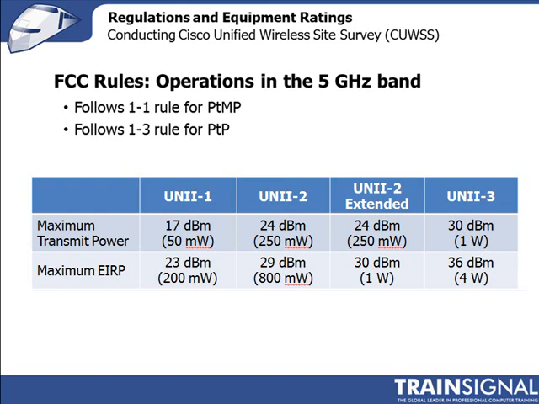2.4 gigahertz band. But now look at the table. What you're seeing here is the 5 gigahertz band is broken up into the Uni 1, Uni 2, Uni 2 extended and Uni 3, and the transmit power and the maximum ERP are different depending on which band you're deploying at. Now the Uni 1 band, very low power, just 50 milliwatts with a maximum ERP of 200 milliwatts, and